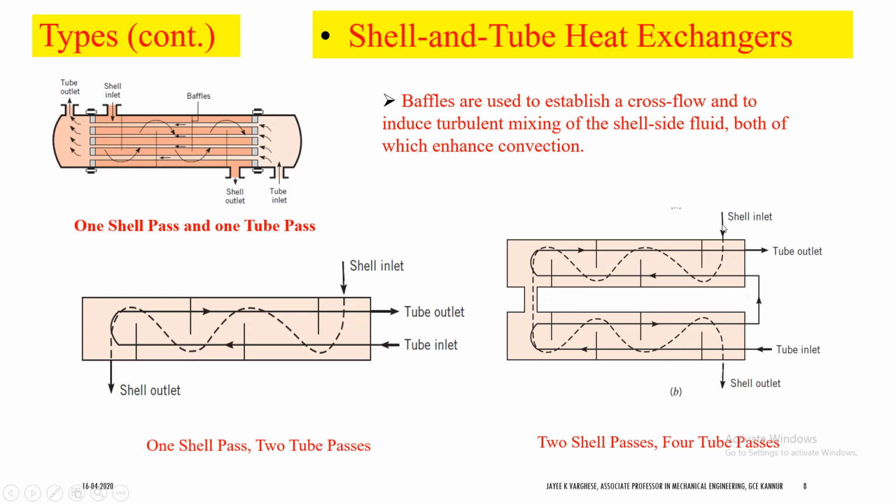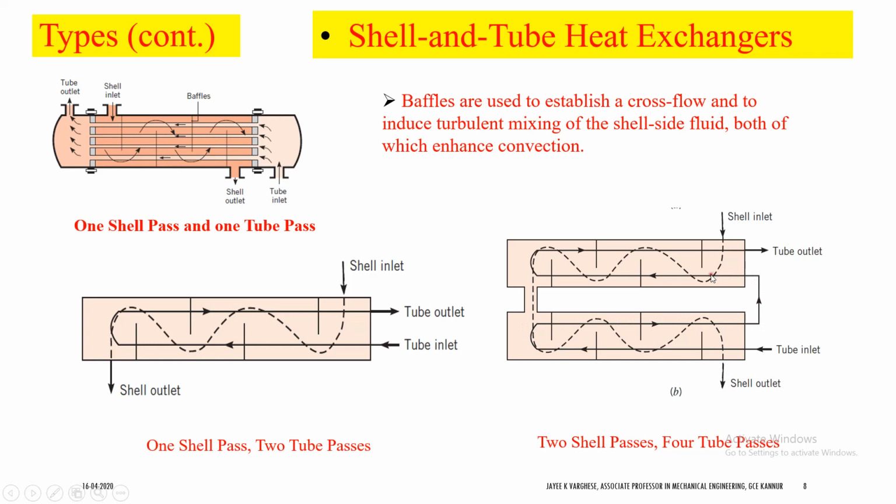The shell fluid enters at the right end here in the top half, the upper half. This flows from right to left, then it is transferred to the bottom half, and then flows from left to right. The dotted line shows the flow direction of the shell fluid. So for the shell fluid there are two passes, whereas for the tube flow, in each shell there are two tube flows. So the tube fluid enters here and takes a return.